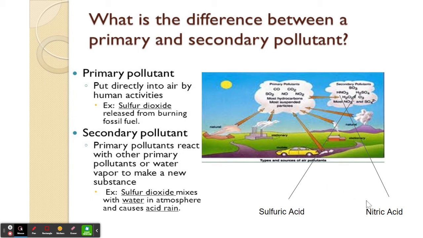We're going to give you two big examples of a secondary pollutant, which are sulfuric acid and nitric acid. Sulfuric acid is H2SO4 and nitric acid is HNO3. A good idea here would be to make an index card to understand the chemical formulas for those and name those. The way I know it's an acid is because it starts with a hydrogen. All acids are going to start with a hydrogen. So, sulfuric acid and nitric acid. If I had to pick one that I really want to know, I'll definitely pick sulfuric acid.